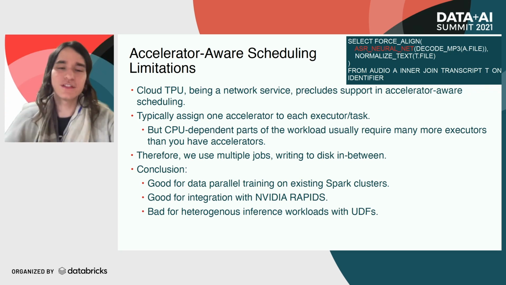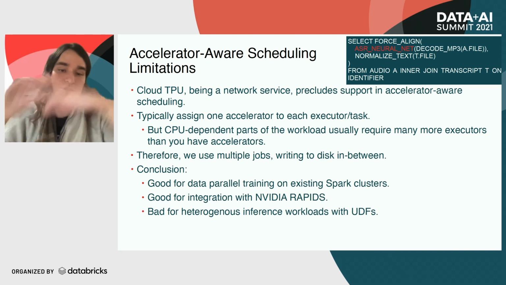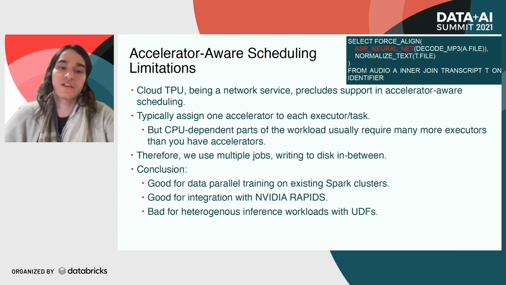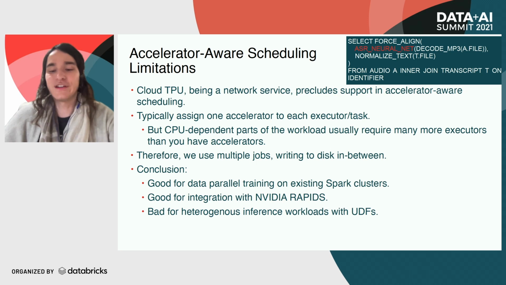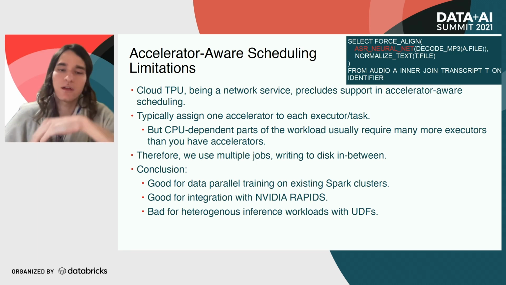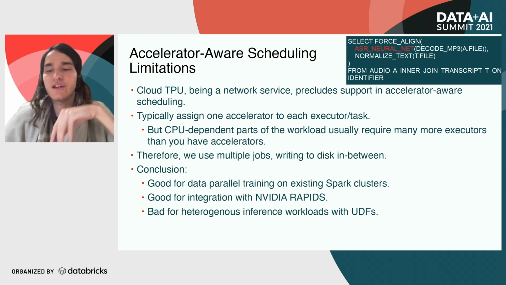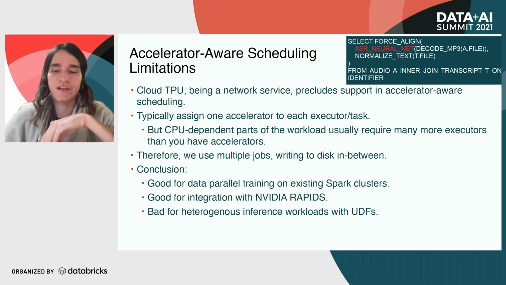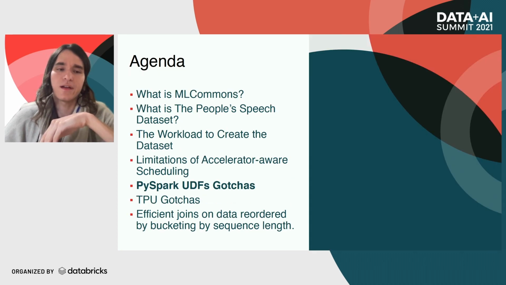But ideally, if you wanted to use something like GPUs fully in Apache Spark, you have to avoid using user-defined functions, essentially, because those work only on the CPU. And we have a lot of user-defined functions in this case, because we're using a legacy, not quite legacy, but an existing forced alignment code base. Since rolling your own in Apache Spark SQL is not the most fun. But accelerator-aware scheduling does have its uses. One thing I will say is if you're doing data parallel training and you want to do that on an existing Spark cluster, go for it. That's really the original use case that they had in mind, and that's a great use case. But offline inference, it's not so great.